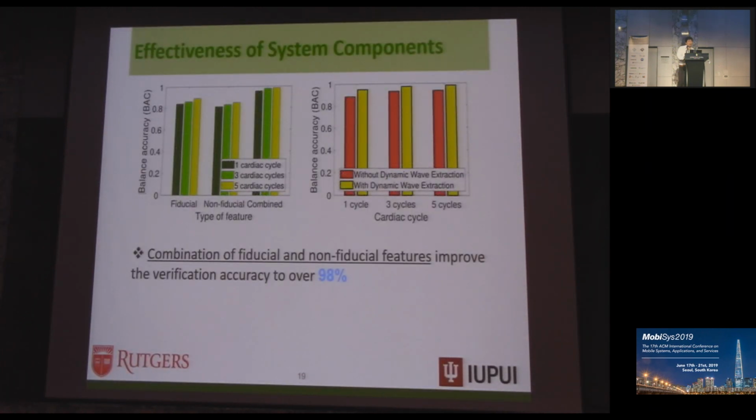And we also evaluated the effectiveness of the different components we designed, integrated in our system. First, we categorize our feature set into 3 different groups: fiducial features only, non-fiducial features only, and the combined features. Finally, we found that